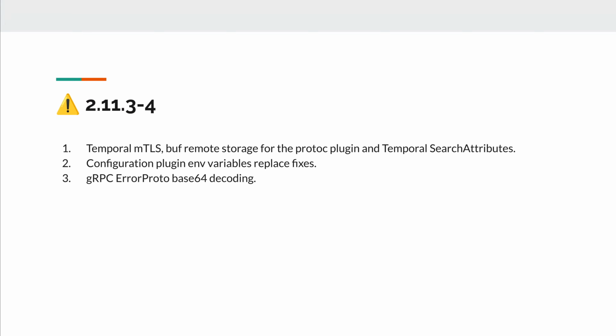Next are two releases, 2.11.3 and 2.11.4. Recently, we've added Temporal search attribute support. You may read about this in the release notes and Temporal documentation. We put the links inside the release. You're also able